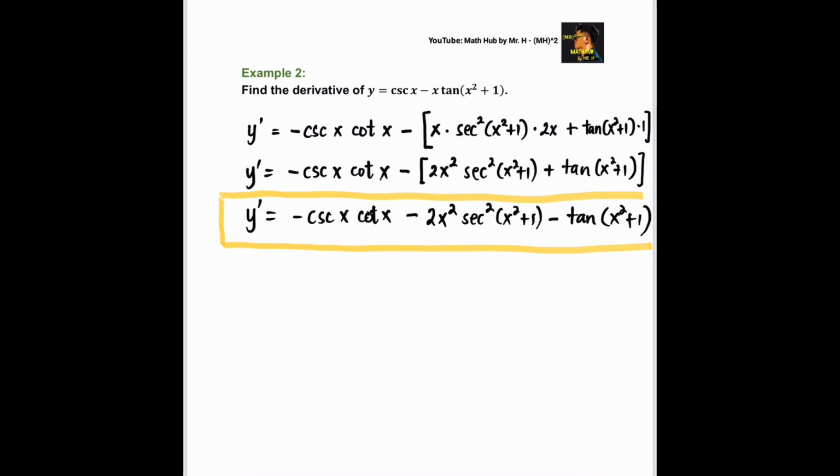All right, so let's take a look at example number 3. For example number 3, we are asked to find the derivative of g of x equals 1 divided by tangent x plus 4 divided by cosine x. For this one, I would like to rewrite the original function. So g of x,